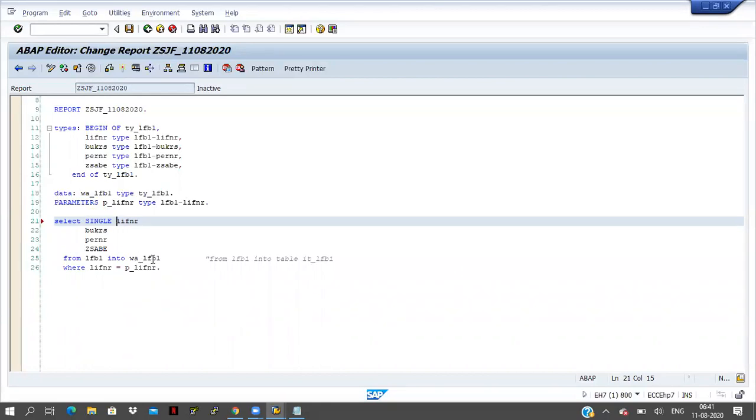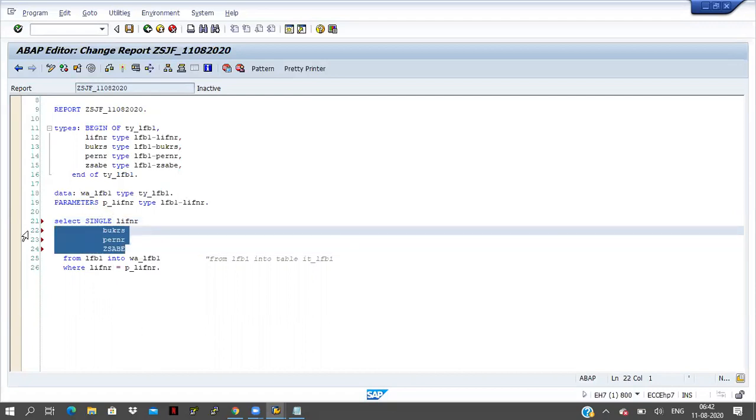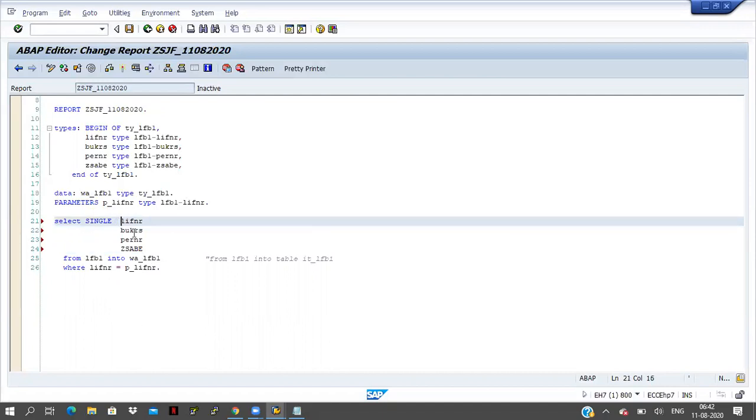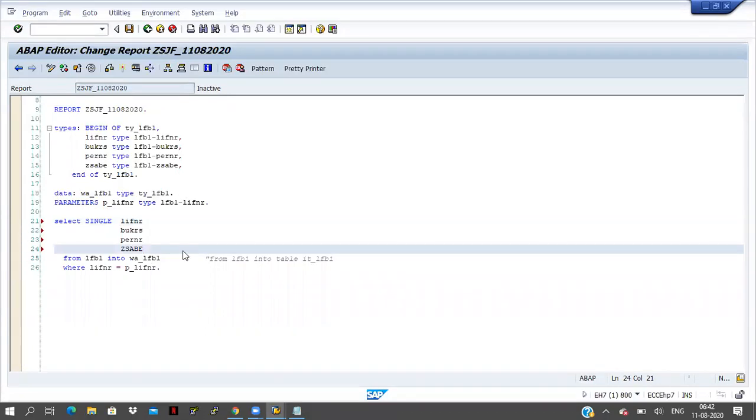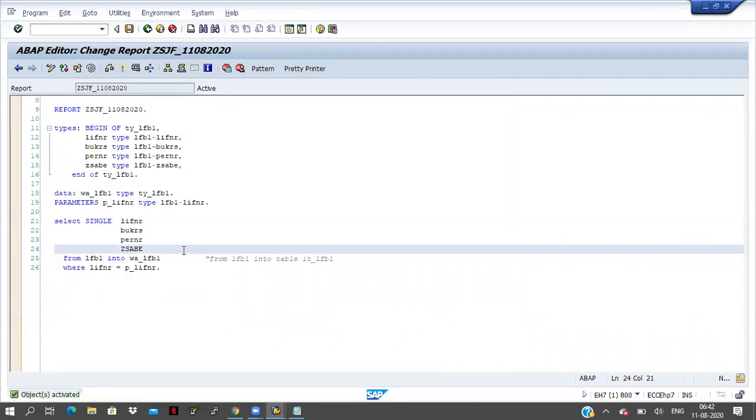So select single, and then the field names we have to write like this. Now save it, check it, activate it.